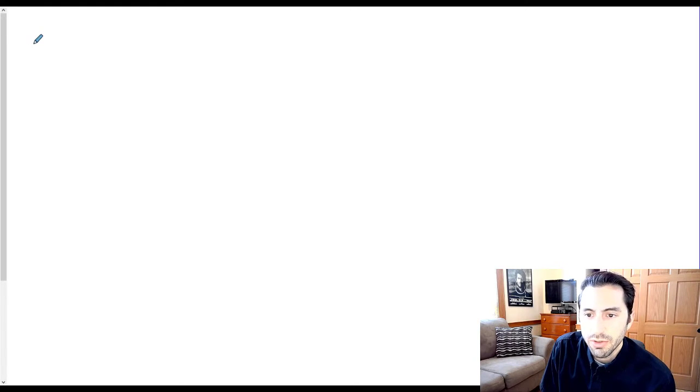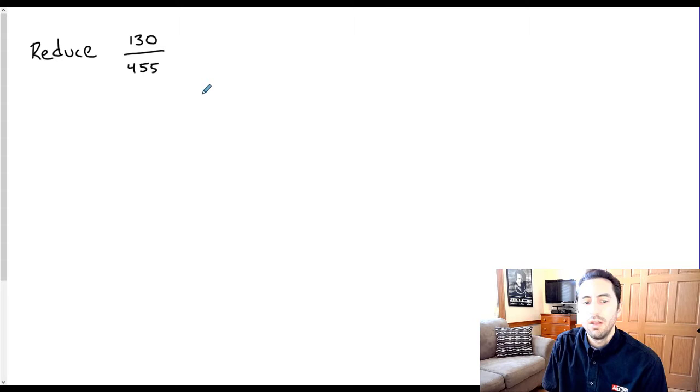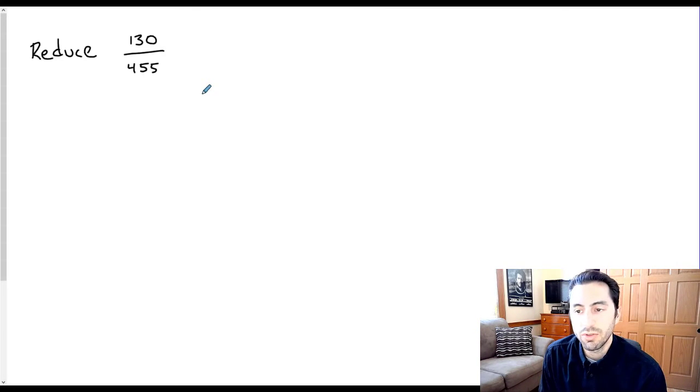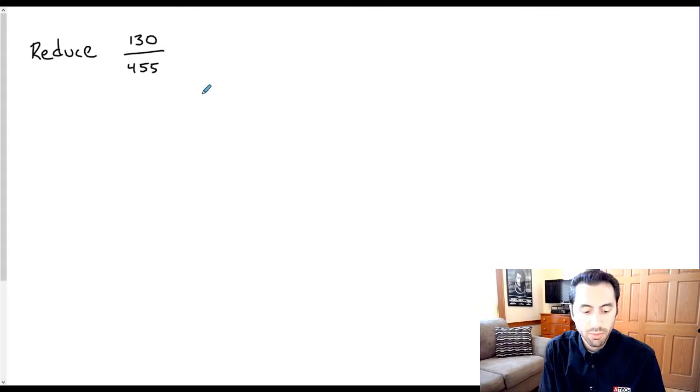Let's say we want to reduce the fraction 130 over 455. Now, one way that we could approach this is I could take a look at those two numbers and I could reduce it a little bit. Right away, I see that they both have a 5 in there, and then we might have to keep going. But another way